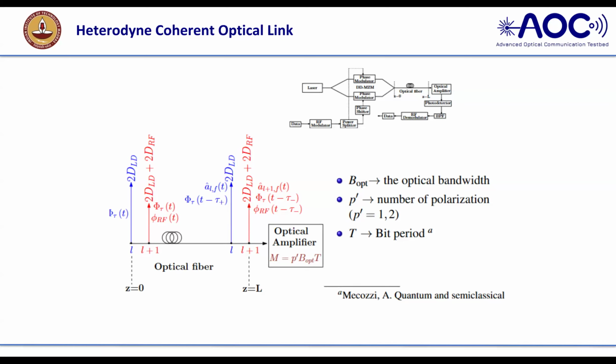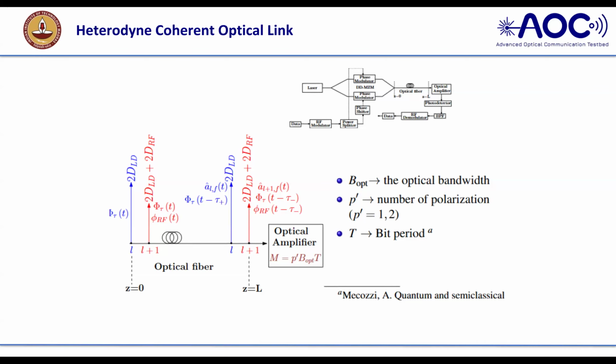And it is given to the optical amplifier. The optical amplifier is a quantum treatment done by Metcozy. For the optical amplifier, the output should come such that M is decided by the bandwidth. Generally, an optical amplifier has infinite bandwidth. But in our case, we need the bandwidth such that it covers only L and L+1. So it decides that if you have M equal to, meaning you have a very good optical filter, the optical filter bandwidth V optical multiplied by T should come to 1.